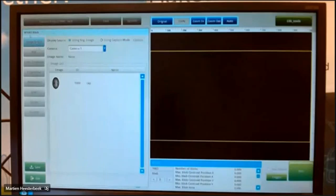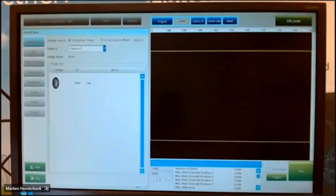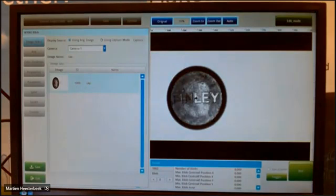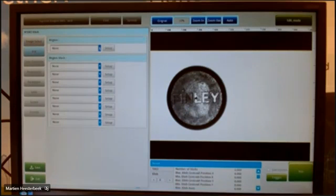Okay, I have to select. If I open a function block, I always see at the left side the same functions that I can or have to set up. It is not always necessary to set up everything, of course, but the most important is the image. You have to select your image and the region of interest. Parameters are necessary, and the rest is optional. In this case, I have only one picture, so that's quite easy. I select that one. My region of interest, in this case, is complete,